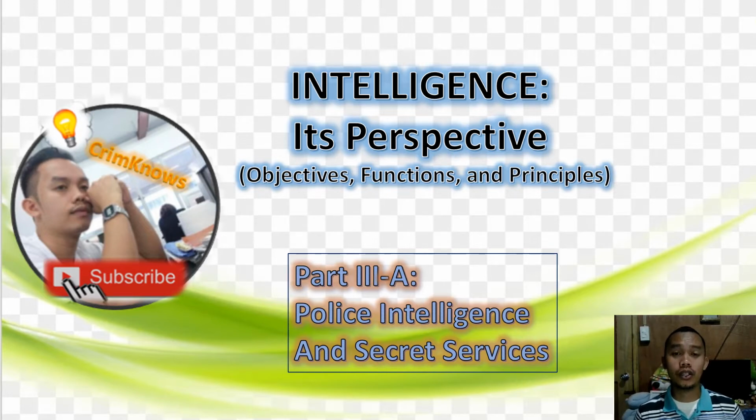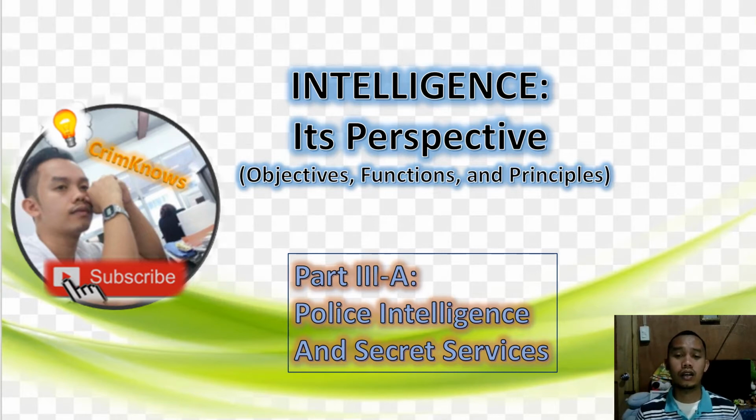So this is our third scope about intelligence and its perspective that we are going to tackle: the intelligence objectives, the functions of the intelligence, and intelligence principles. So there will be a part 3-B of the discussion of this third scope. So yung ginawa natin is pinutol natin kasi napakahaba, since the types of the intelligence and the evaluation guide of the intelligence